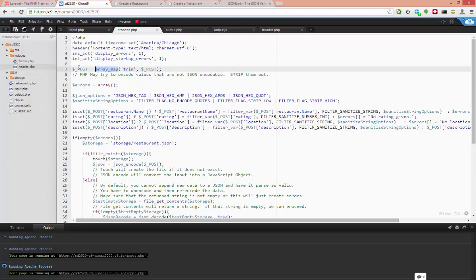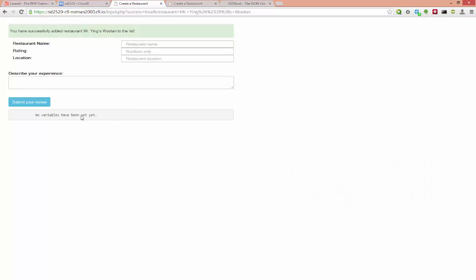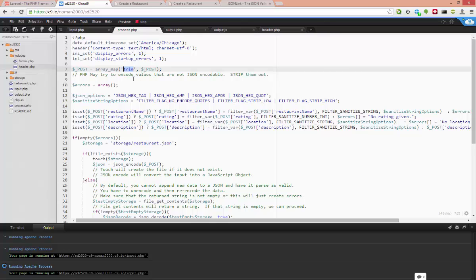The array map, I know this post is an array, and this allows me to call a function, and every element of this array will have this function applied to it. In this case, I'm applying the trim because, as we saw in my little demo down here, I can have white space, and I want to make sure that there's no white space or I'm going to end up with a cluttered JSON file. Then I have errors, which I'm setting to be an array,